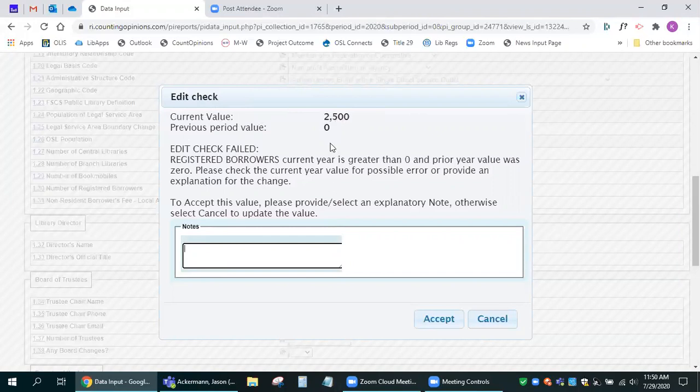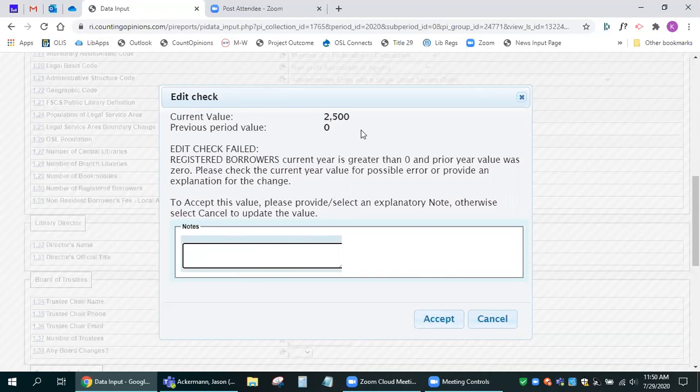Basically, when you see an edit check, it's asking you, hey, is this correct? Did you mean to put this in? If you did mean to enter a particular number and it is correct, then you need to add an explanatory note. This is really important to help us when we are vetting the information and data. So you can add the explanatory note if it's correct and click accept.